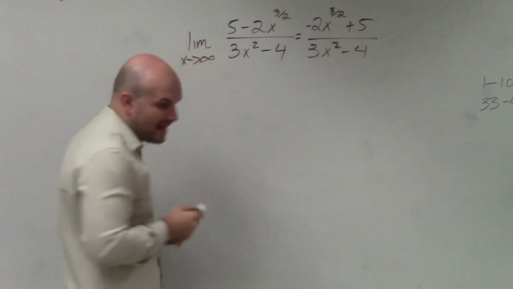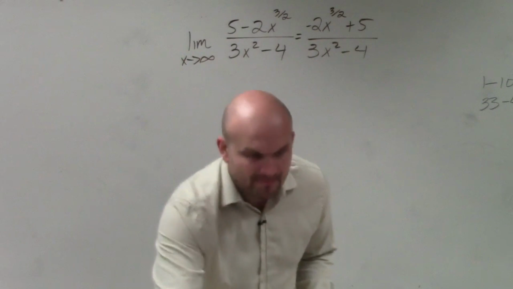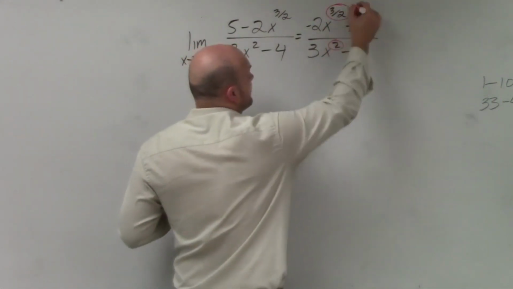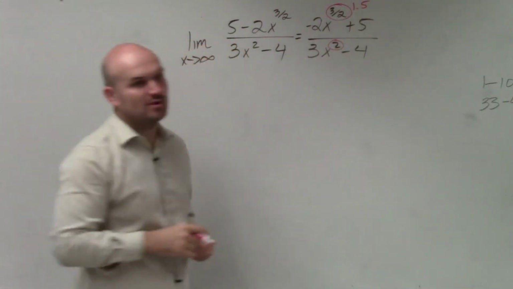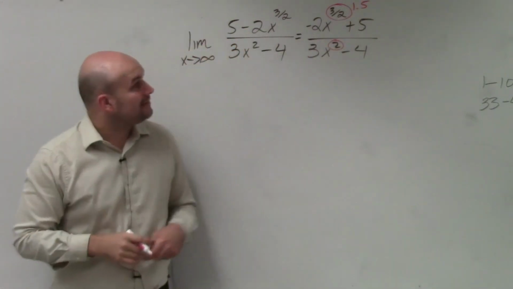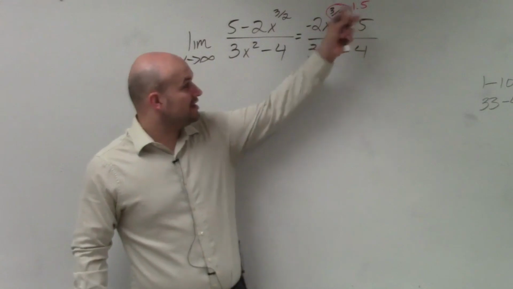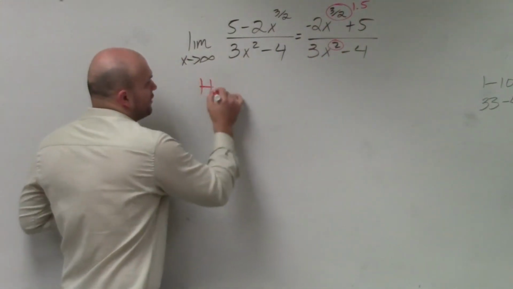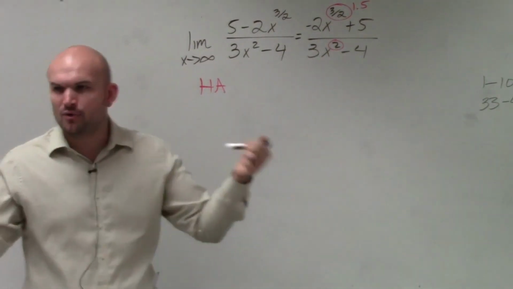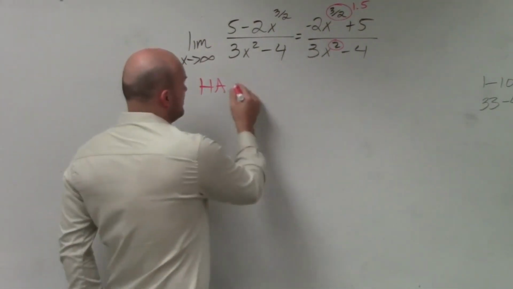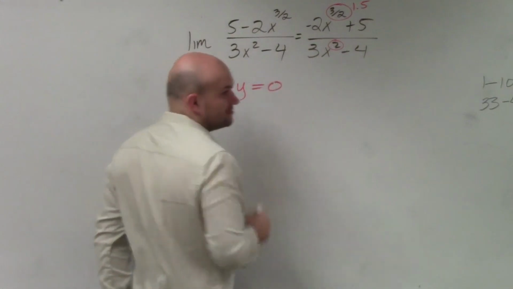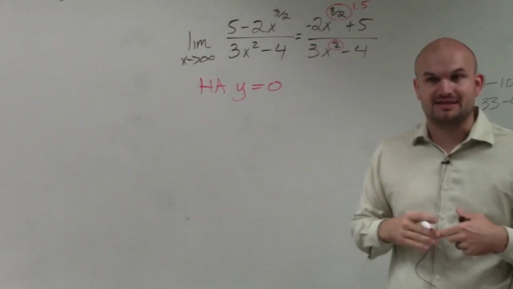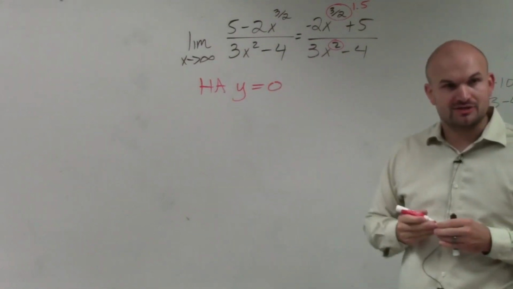OK? So now you guys can see I can compare my degrees. I have 3 halves and 2. 3 halves is the same thing as 1.5, right? Now, the degree in my denominator is smaller than my degree in my numerator. That tells me that the horizontal asymptote, if we were just talking about horizontal asymptotes, would equal y equals 0. Anytime the degree in the numerator is less than the degree in the denominator, y equals 0 is your horizontal